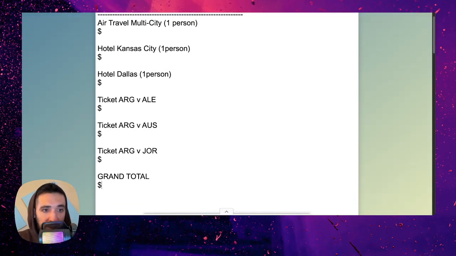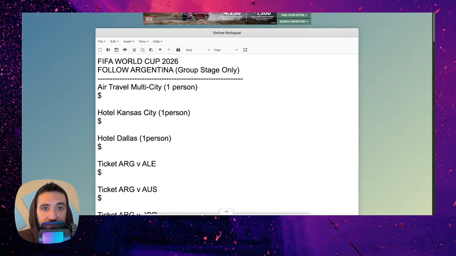All right. And then we're going to get that grand total that we can estimate based on this simulation, and get an understanding of a number. This simulation does not include any transportation between airports, hotels, or matches, and it does not include any other purchases like food and beverages. That's all taken out of the simulation. So this is just a basic raw 3-pillar travel package.